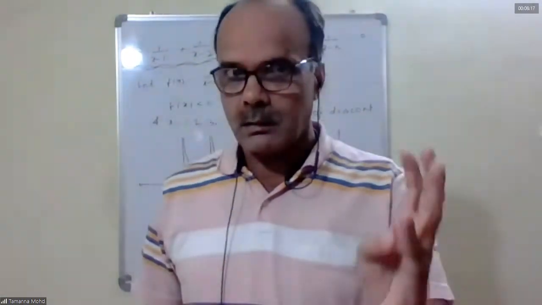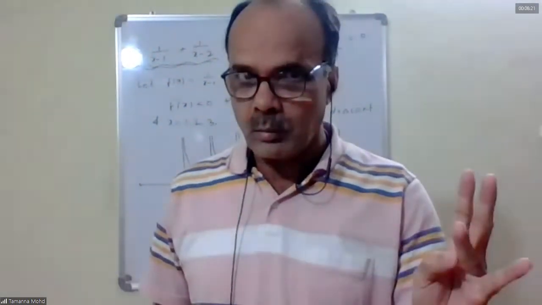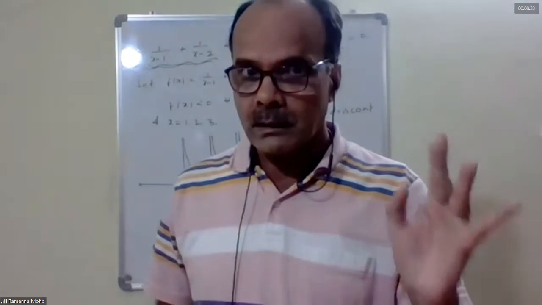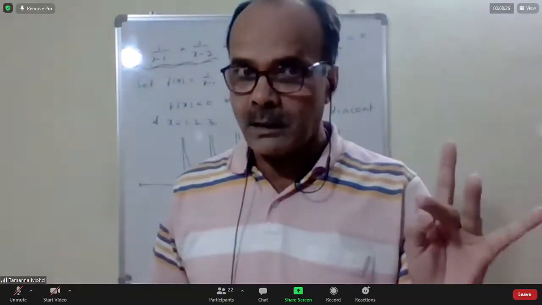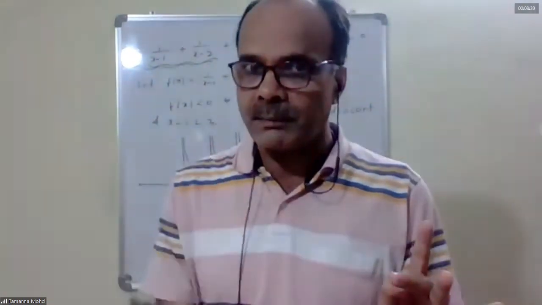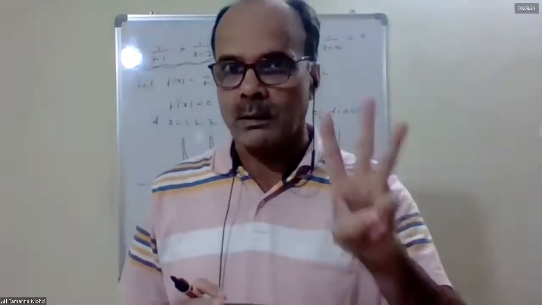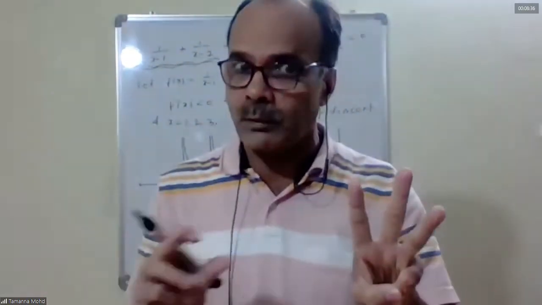They can be, number one, where the derivative is 0. Number 2, points of discontinuity. Number 3, the points where the derivative does not exist. To plot the graph of a function, we will consider these 3 points only. What are the points? Where the nature can change, where the nature may change.